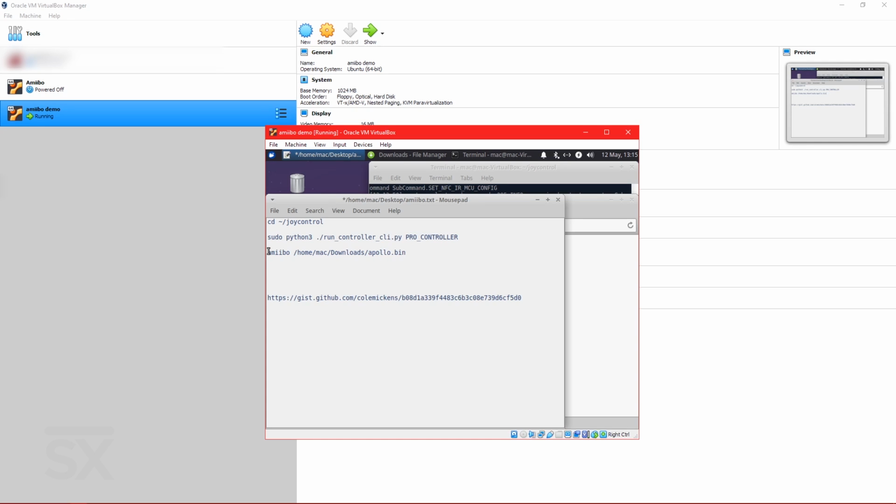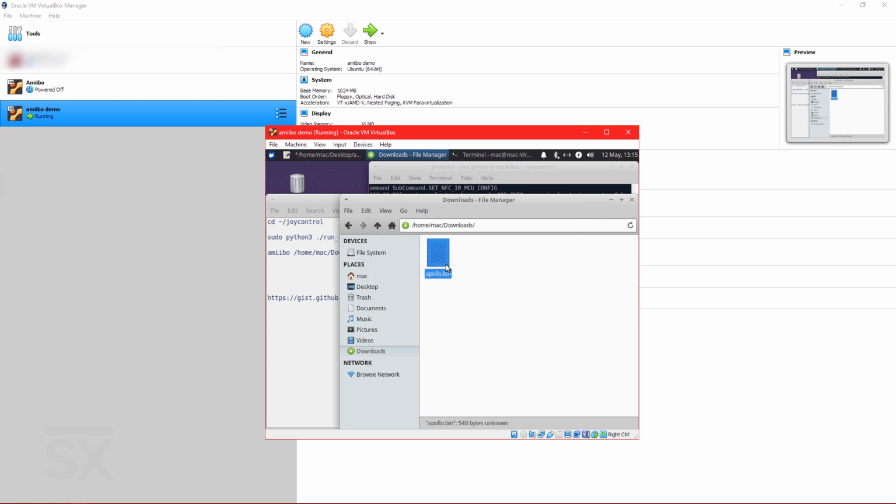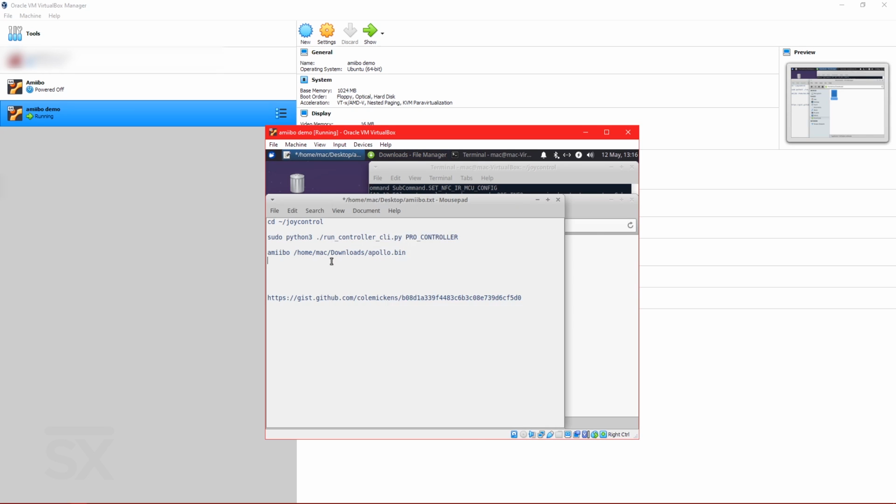So the code should be this. And really quick, if your backup file has some weird characters, I would say make sure it's as simple as it can be. Just the character's name, all lowercase, .bin. Make sure it's as simple as it can be with no weird spaces, no weird symbols, just simple letters. So with that, we're going to go ahead and copy this amiibo and then the directory of your file, copy it,